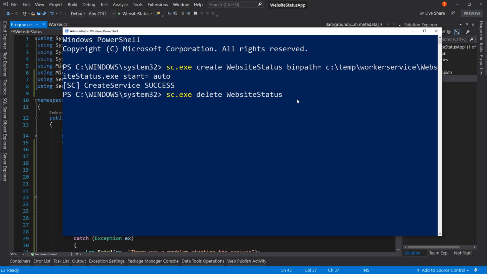Don't put spaces there. You can give a display name, which is an additional parameter here. And the display name can be something more friendly with spaces in it. So sc.exe delete website status. And it deleted successfully. Notice a success here. If it appears like it's waiting, if it does not give you the success, but instead says